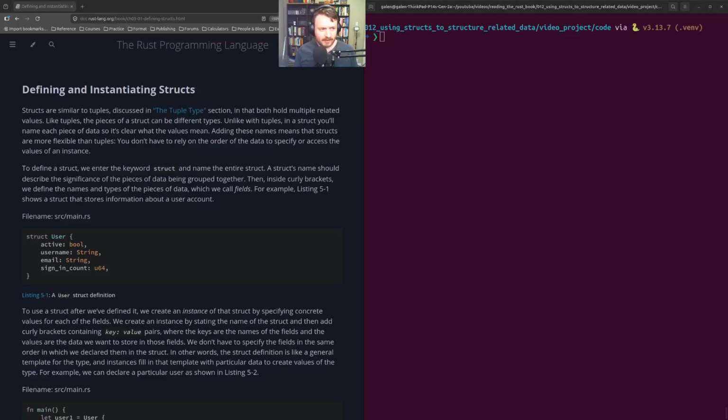Okay, welcome back. We are going through the Rust programming language book, and we are on to defining and instantiating structs. Structs are similar to tuples discussed in the tuple type section in that both hold multiple related values, and like tuples, the pieces of a struct can be of different Rust types. Unlike with tuples, in a struct, you'll name each piece of data so that it's clear what the values